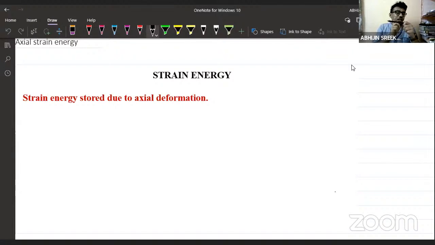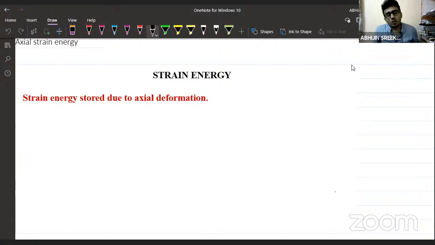What is the member force if you see a truss member? If you see a member of a hinged plane frame, what are the possible member forces? Yes, member forces will be axial in nature. Due to these axial forces, there will be some axial deformations. If there is a tensile force, there will be extension. There will be axial extension in this member, and if the load is compressive in nature, there will be contraction